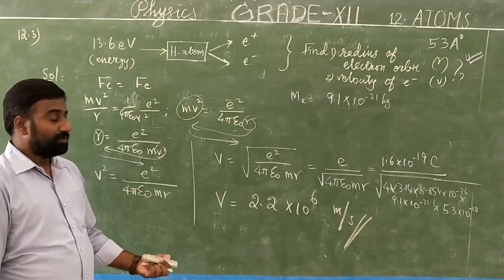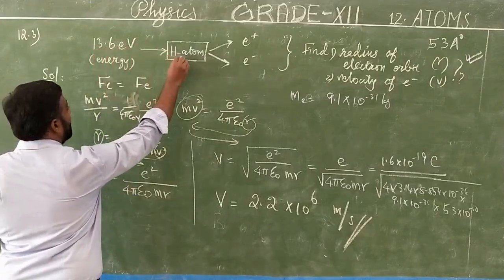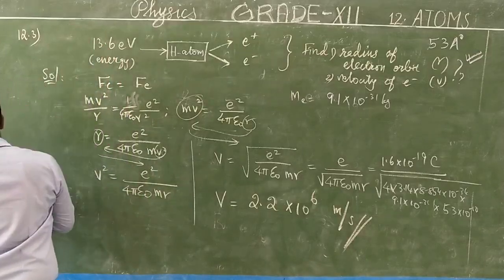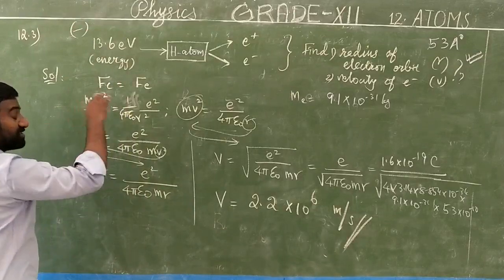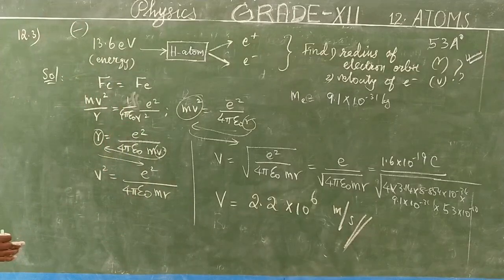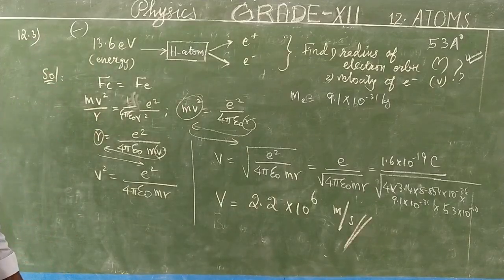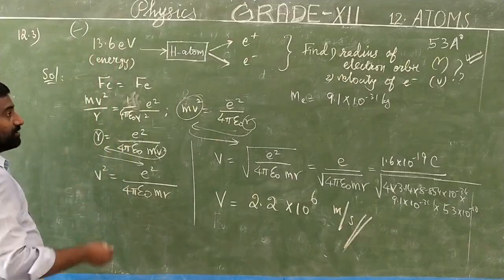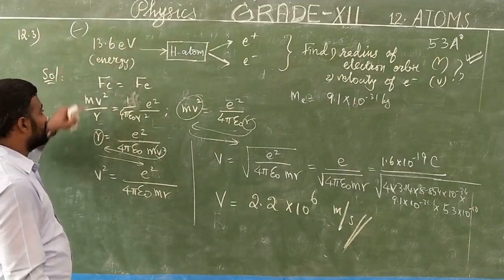Any doubt? You should know only one thing. Whenever energy is given to an atom to split it into charged particles, the total energy must always be negative. Because of the negative energy, the electron stays close to the nucleus, which means it is bound to the nucleus. Otherwise, if the total energy is positive, then the electron will move away from the orbit. So in a question like this, they won't mention minus, but while you are solving, you should consider this value to be minus because it is total energy.